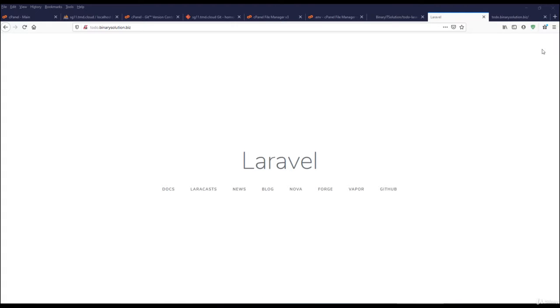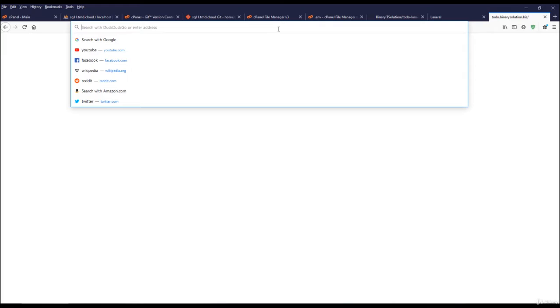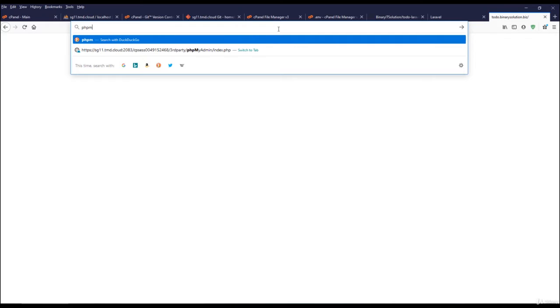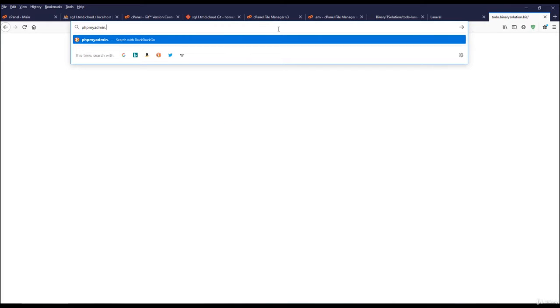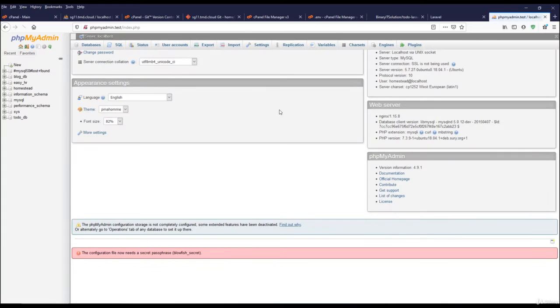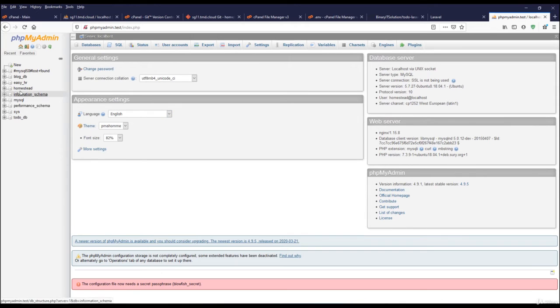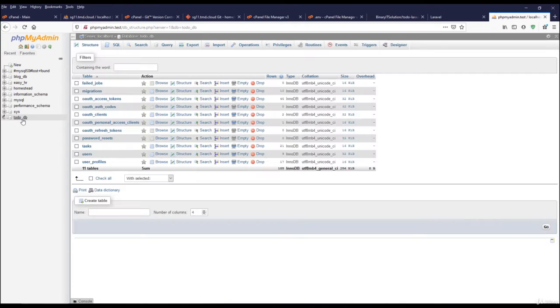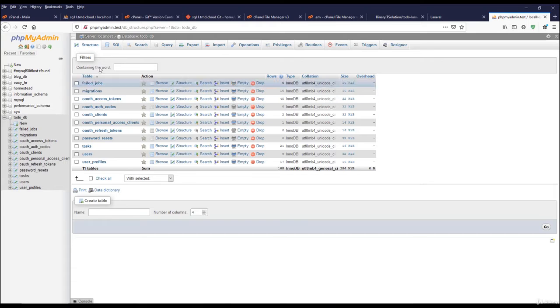Okay, so what we will do next is I will go to my database and let me open my database. It's phpMyAdmin.test, and let me try to log in. So log into your local development phpMyAdmin, and we'll go to the particular database and we will export